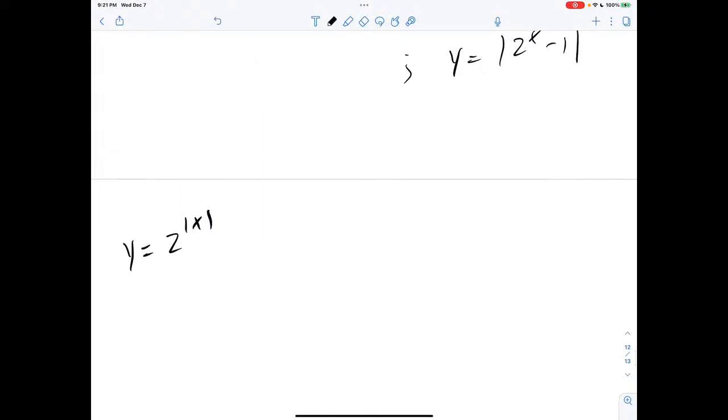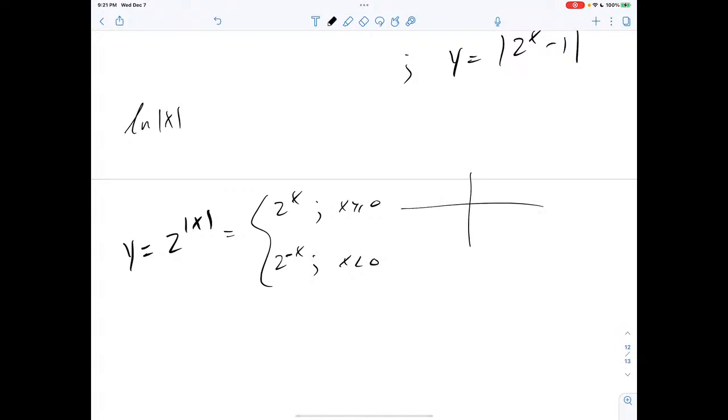So for this one, again, it's sort of like the one I did with you, Yusri, and Emre, which was the ln of absolute value of x. It's the same idea. There are two options. Either you graph 2 to the x when x is greater than or equal to 0, or you graph 2 to the negative x when x is less than 0. Well, when x is greater than or equal to 0,